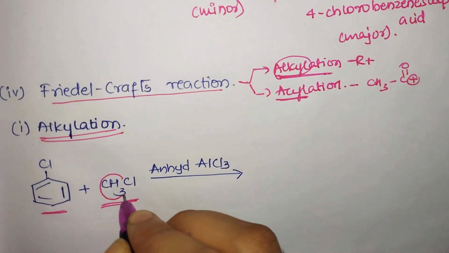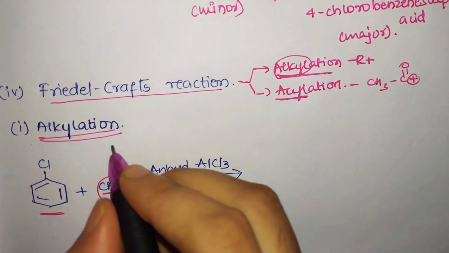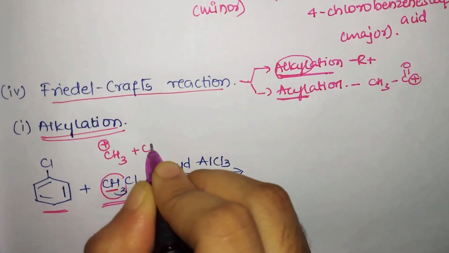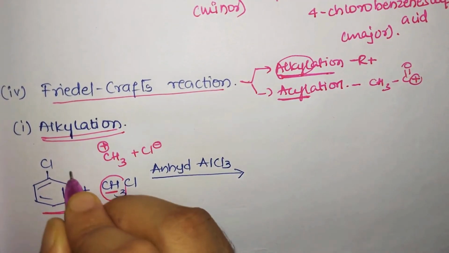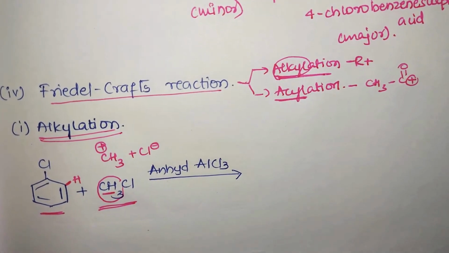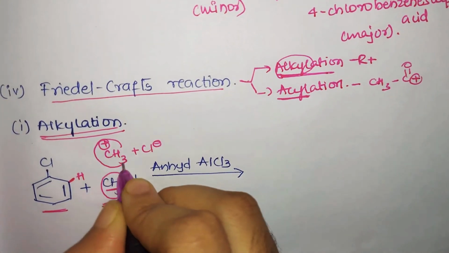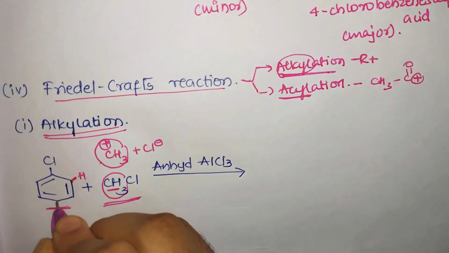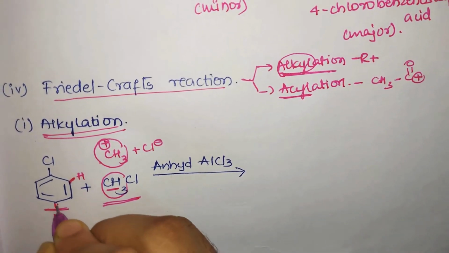We have taken chlorobenzene. CH3 is our electrophile, that is methyl chloride we have taken. In that, CH3 plus is our electrophile. So what is present on the benzene ring? We don't represent the hydrogen atoms which are present on the benzene ring. Why? Because it is a bond line formula. So H is replaced by CH3 plus. In the above examples, I have not said this.